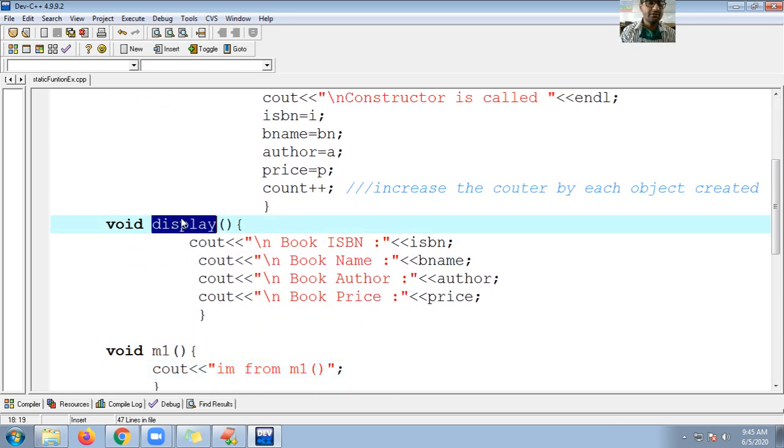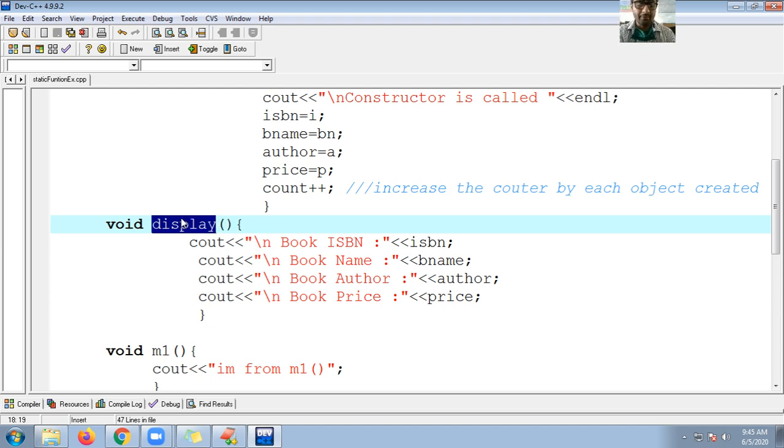Then I made one instance function. One thing to keep in mind, guys: instance properties of the class, that may be data members or instance variables, or instance functions, you can call by using the object name or object reference name. Whereas static data members and static functions can be called by using the class name.